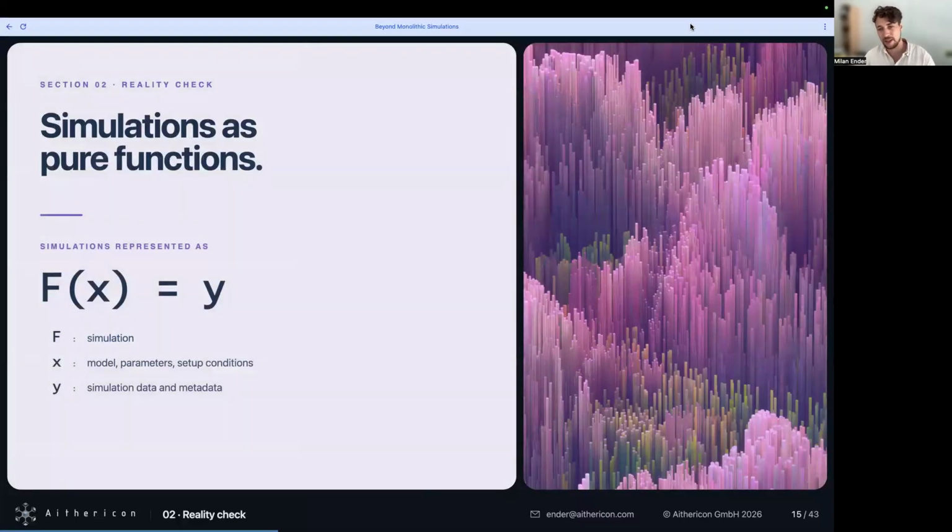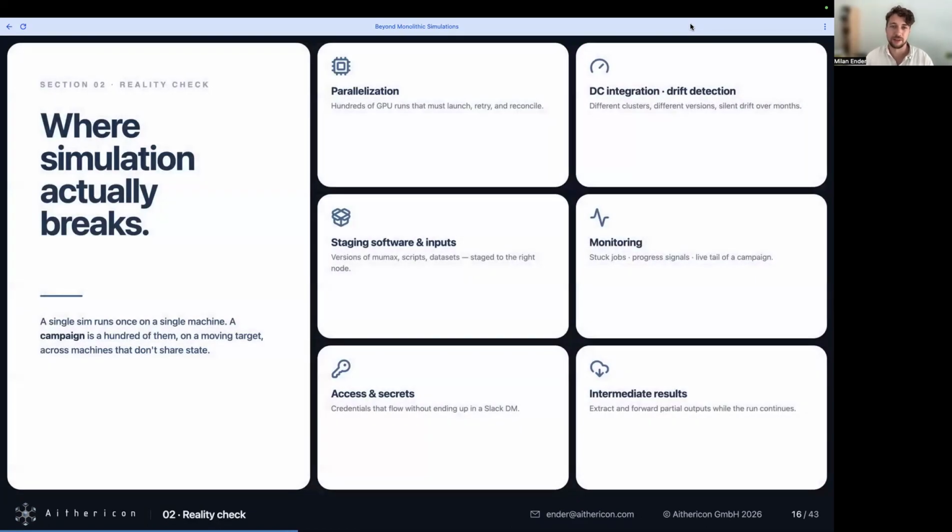If we look at the other side of the equation, we have simulations that we also want to, of course, put into this nice abstraction here. But also here we have a lot of things that we need to take care of. It might look easier, but yeah, there are still a lot of challenges to have this really as a reliable part in our workflows.